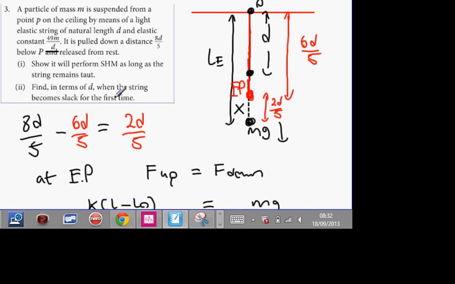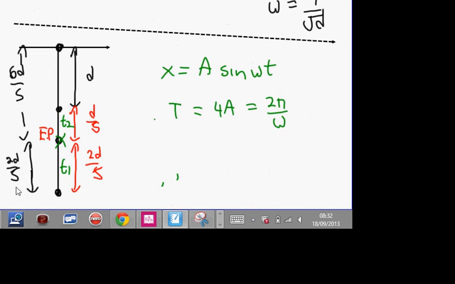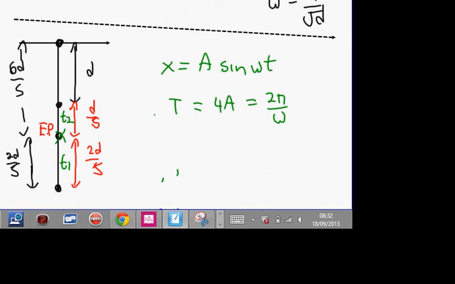So he does it when x equals d over 5. Okay, I'm going to try it a different way than that. I just want to try it my way first. Okay? So what I'm going to do here is the following. I'm going to do, the time taken is a quarter of the amplitude, alright? Is a quarter. We went over that already. So what I'm going to do is, it's a quarter,